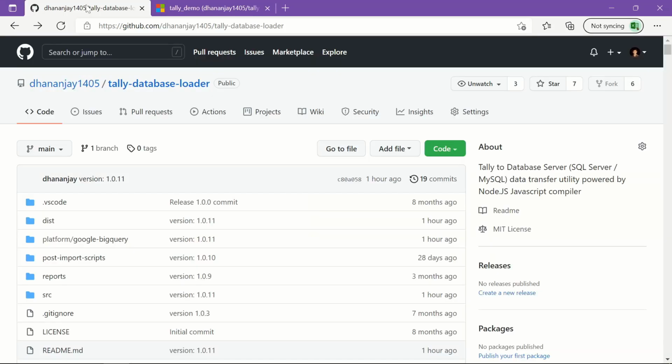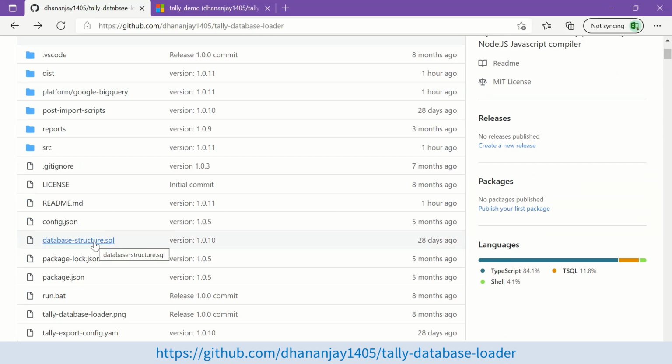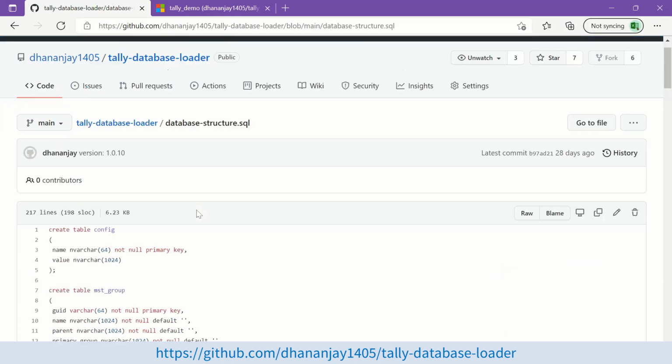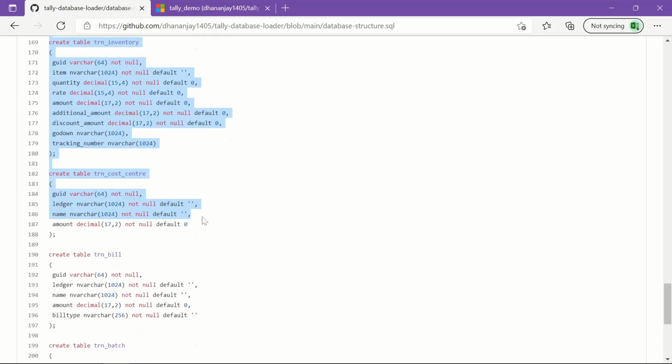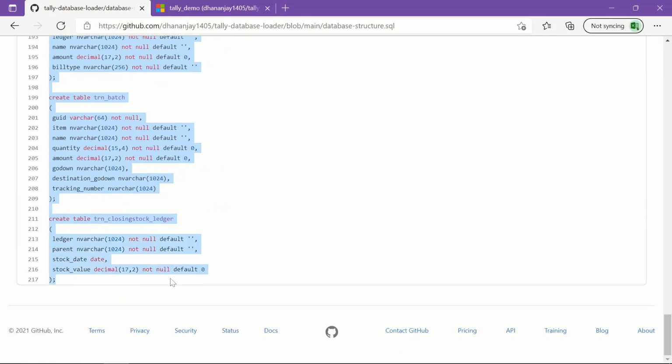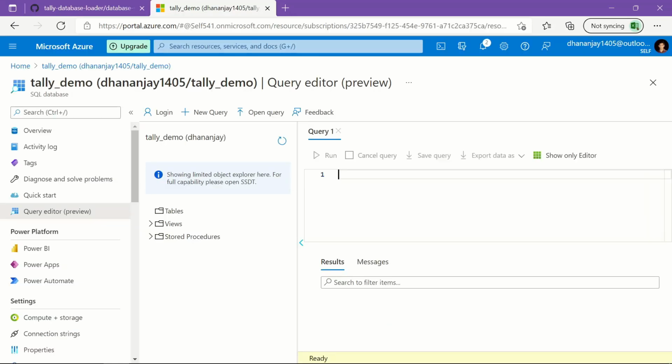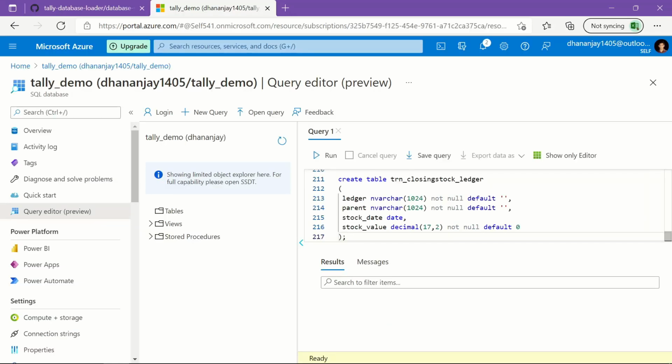So let us go to the project page, database structure, and we can simply copy paste this complete thing. Let me paste it and run. Or I will select all this and run it.